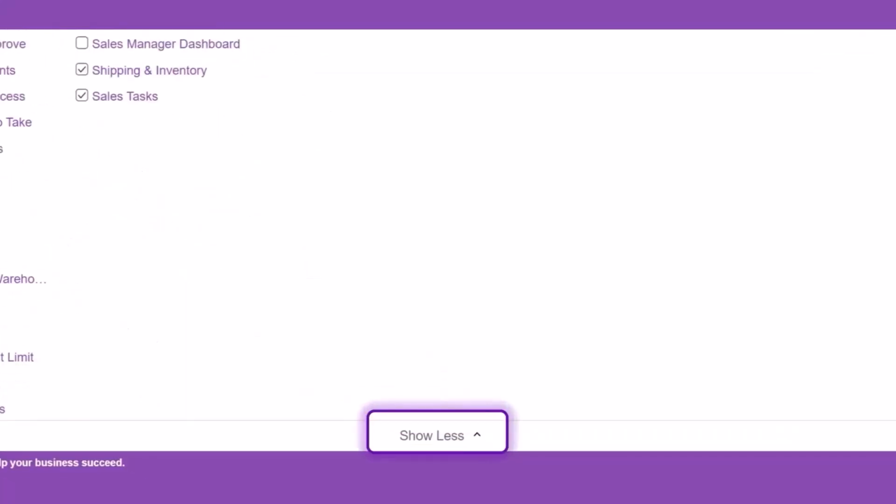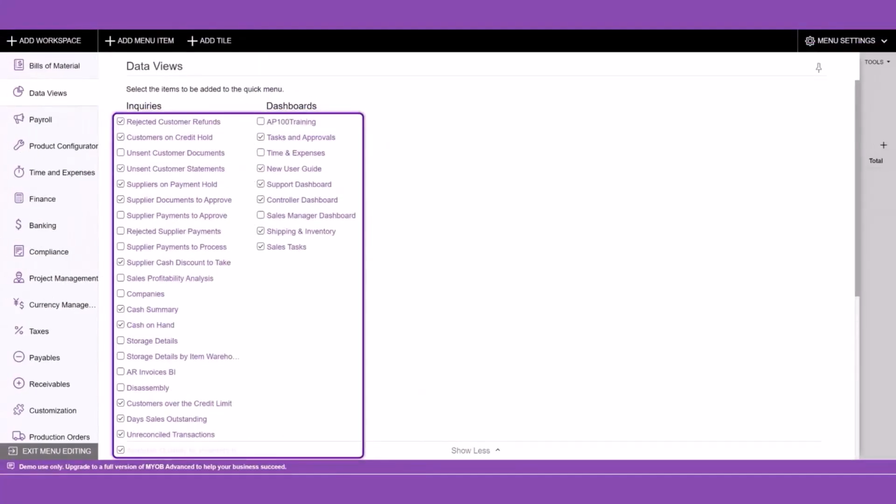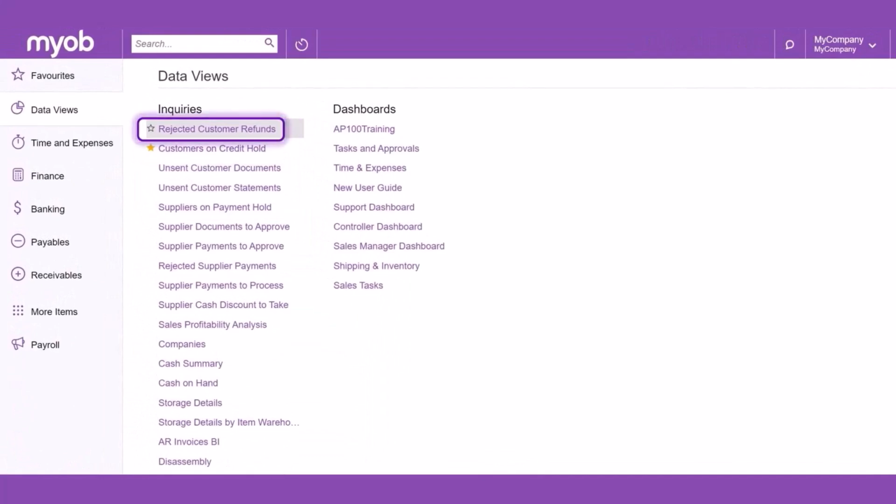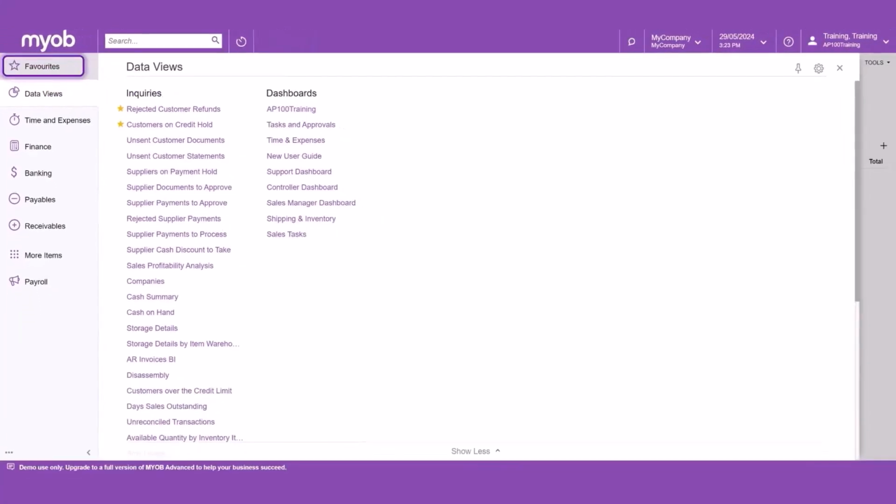If you can't see the information needed or want to reduce the information shown, click Show All or Show Less. If this quick menu doesn't suit your requirements, click the Settings button to update them, then tick and untick as needed. Hover over the option to see a star to add to your favorites. Once added to your favorites, the links or buttons will be shown here.